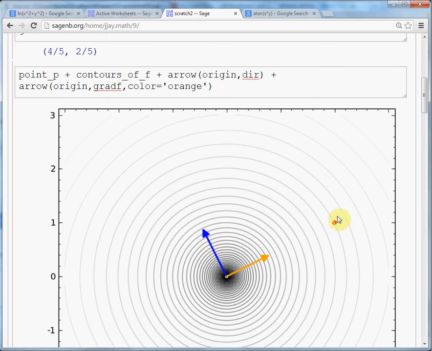And you can see that it is right along this contour, right? We're walking right along this contour, which is a level curve where the values of f don't change. Now, this orange arrow is the direction of the gradient, which means the direction of steepest increase. And you can see that it's true in this function, right? It's telling you that the direction of steepest increase is right away from the center of the black hole,